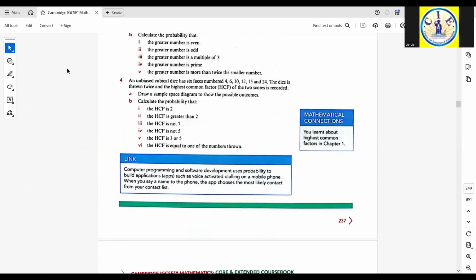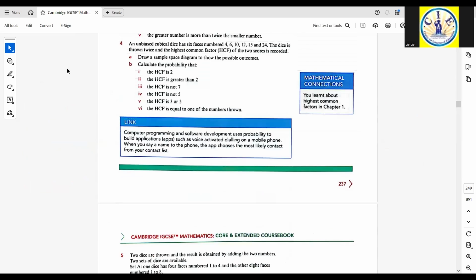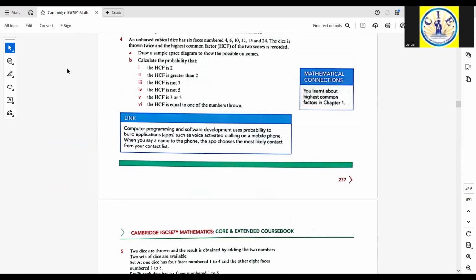Okay, this is question number 4 now. An unbiased cubical dice has six faces, numbered 4, 6, 10, 12, 15, and 24. The dice is thrown twice, and the highest common factor, HCF, of the two scores is recorded. Draw a sample space diagram to show the possible outcomes. Okay,